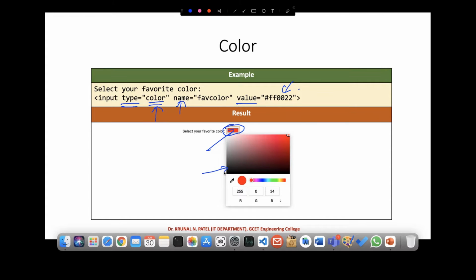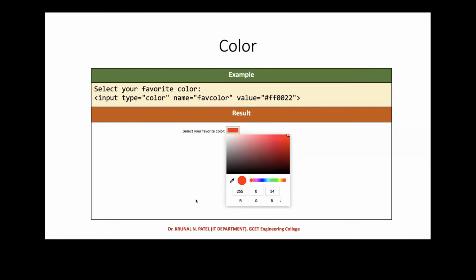You can change the range from here to here, and you can also mouse over here and select the particular color, so that will be applied. This is one good thing they have added into HTML5. Many times it is required in some applications that you need to choose different colors from given options, and in that case this will be useful.